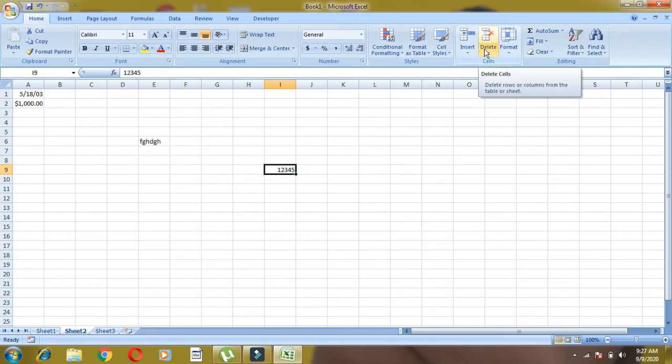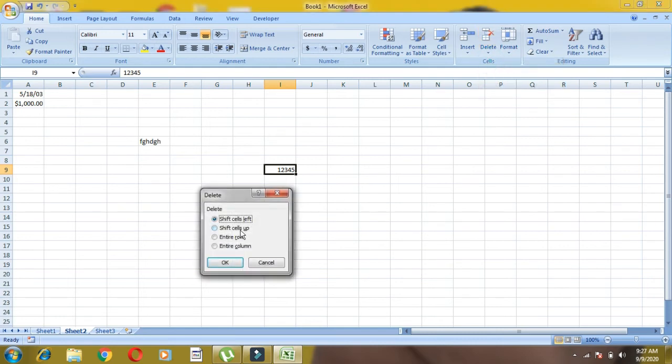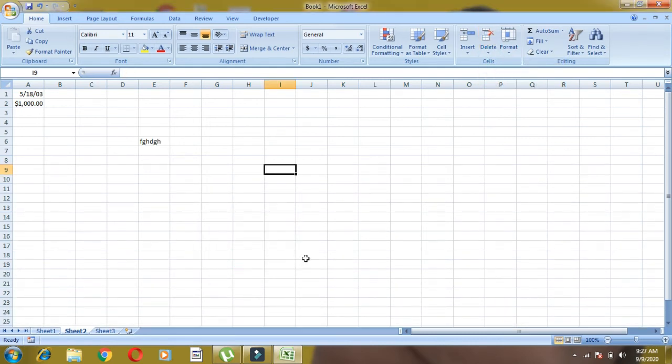The delete option is available here only in the cells group. Delete cell, you can delete the entire row, entire columns. So we can insert or delete any row, any columns or any cell from the home tab, cells group, insert drop down menu or insert button.